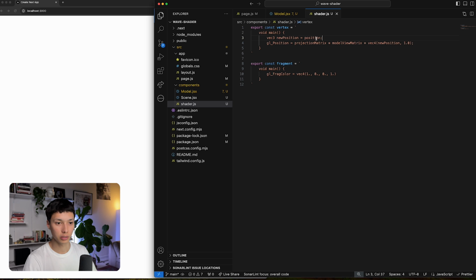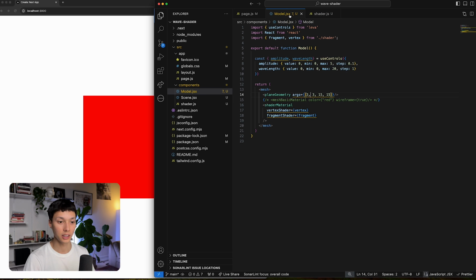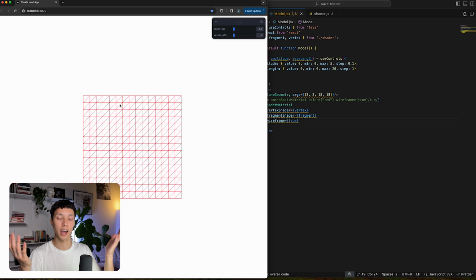And I believe it's very strict. So I just need to add this right here, and this should unlock everything. I'm going to save. Yeah, and now we see I have my plane with a red color. And if I want my wireframe back, all I have to do is set wireframe equal to true. And with that, I'm back with what I had before, but now I'm in a custom shader